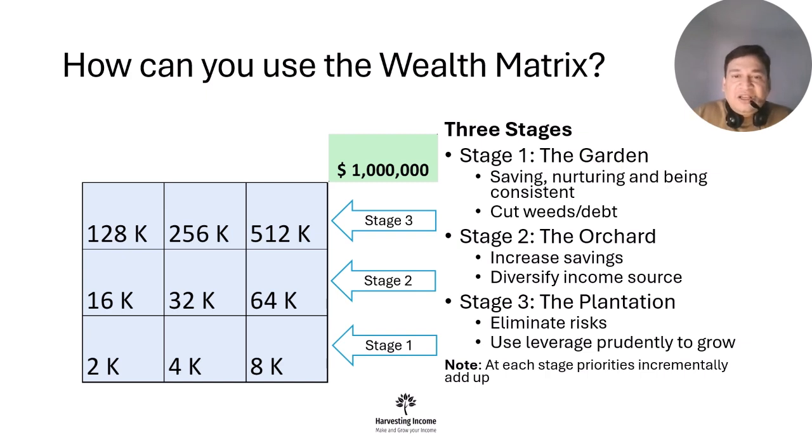And this is where you are like managing an orchard. Earlier, you were a gardener, now you are managing an orchard. You have a much bigger, sizable business, like a small business owner. And when you come from 16K, 32K, 64K, all the way to the third stage, the 128K mark, now you are in the six-figure mark in terms of investments. Now, whether your salary is five-figure or six-figure doesn't matter. Your investment value is now six-figure, which means you are actually on the cusp of a big transition.